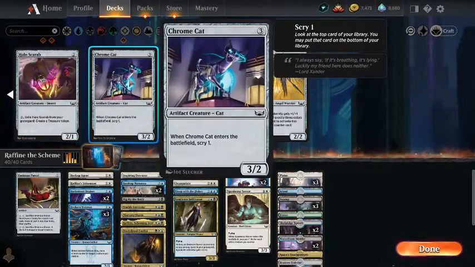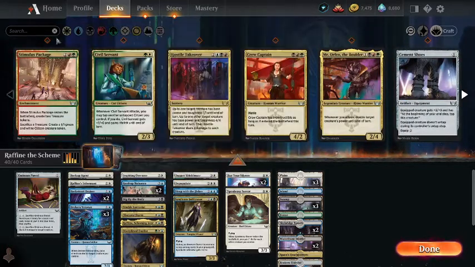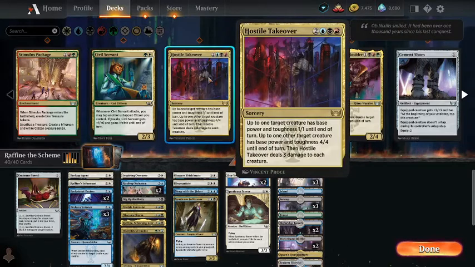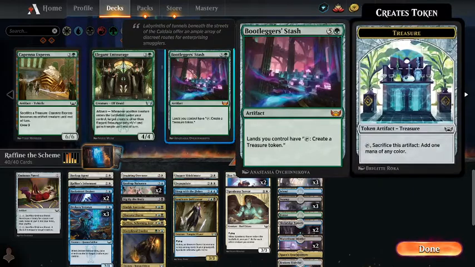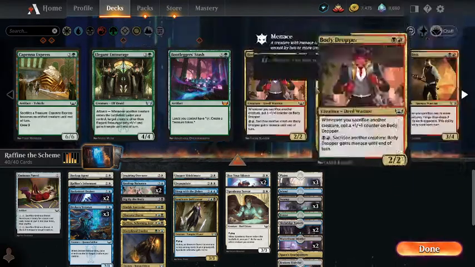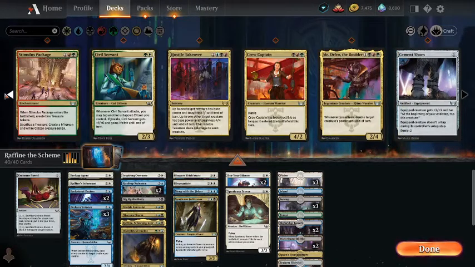I left out Halo Scarabs and Chrome Cat. I decided I didn't need the mana fixing that much. Seemed to make sense. There were some quite nice things. Hostile Takeover in Maestro colours here. It's another sort of Wrath of Gods type effect. Well, 3 damage to everything, but you can make something a 1/1, so you can usually take out their biggest creature as well. And there's also a combo. There's Stimulus Package and Bootlegger's Stash, so you can basically tap all your land, make treasures, turn them all into creatures. So it sounded potentially quite fun, but